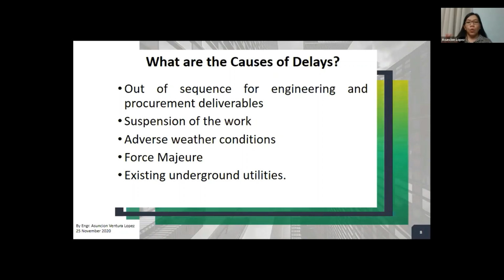So that causes delays. Later on, we will be discussing how you record or how you support these things, and out of sequence, late information. All of these must be supported by proper documentation.